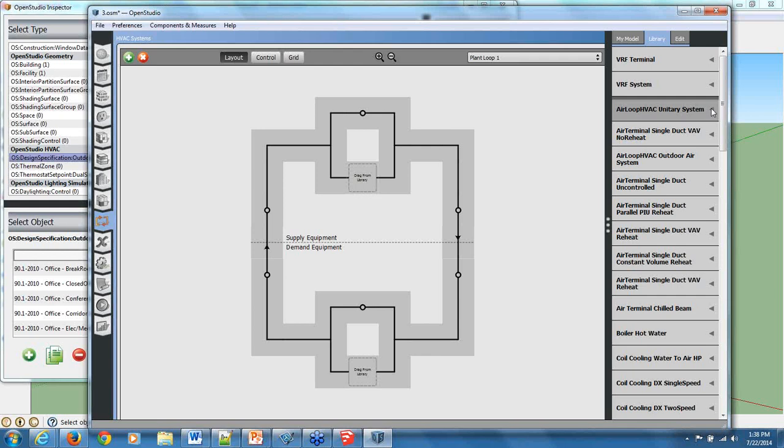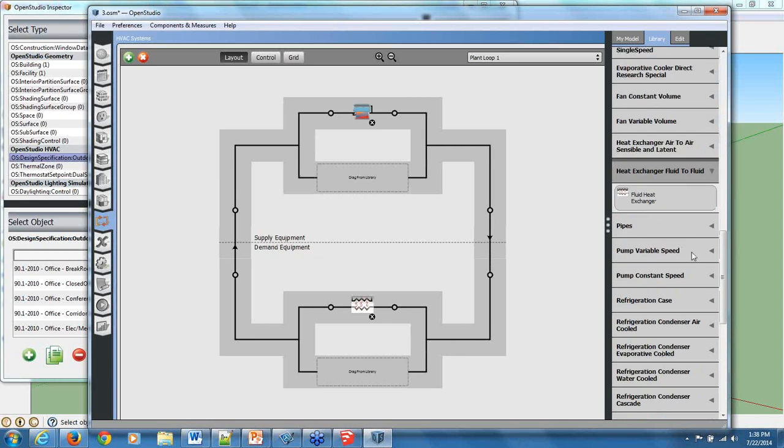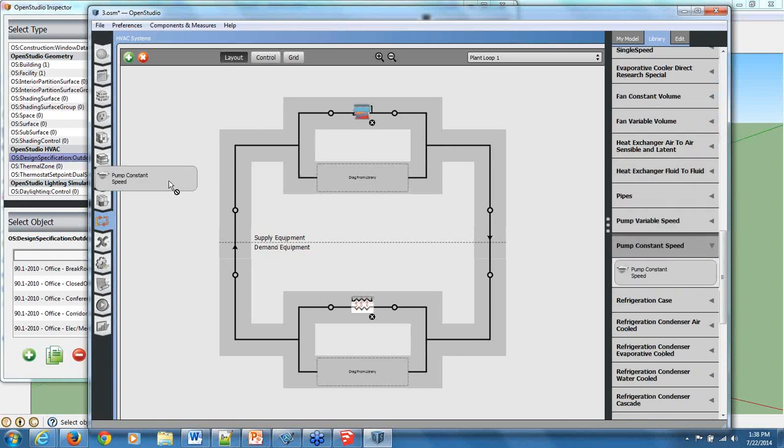Which would be the fluid-to-fluid heat exchanger object. And that's down here, heat exchanger fluid-to-fluid. And we would now drop this again on the demand side. So we'll drop it on a demand side. And finally, we need a pump. In this case, we'll put a constant speed pump into our